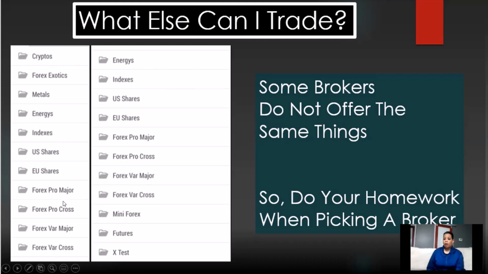So if it's in your MetaTrader 4, then you are able to trade it. You can trade gold and silver and oil. You can trade McDonald's stock. You can trade anything that's on here. You can click a folder, and it'll feel like a drop-down menu of what's in there. Click on it and you can trade it.